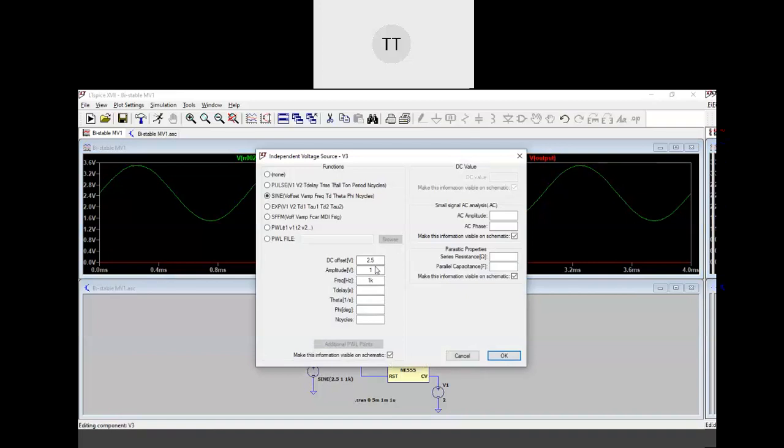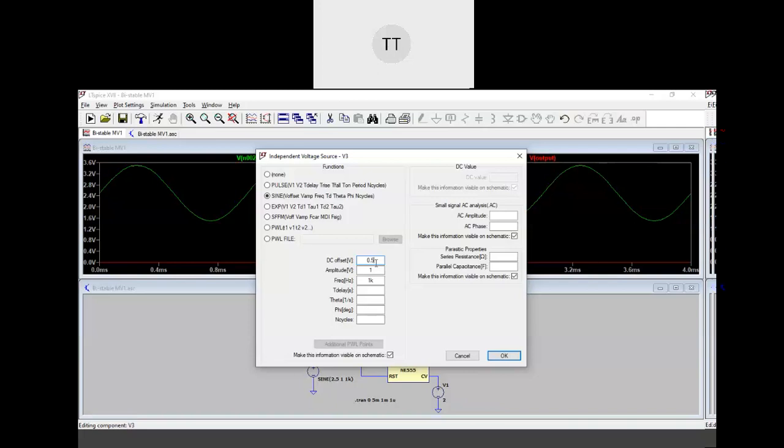Can somebody tell me what to change the DC offset to? How much shall I keep it? 0.5. Then what are the peaks? 1.5 and